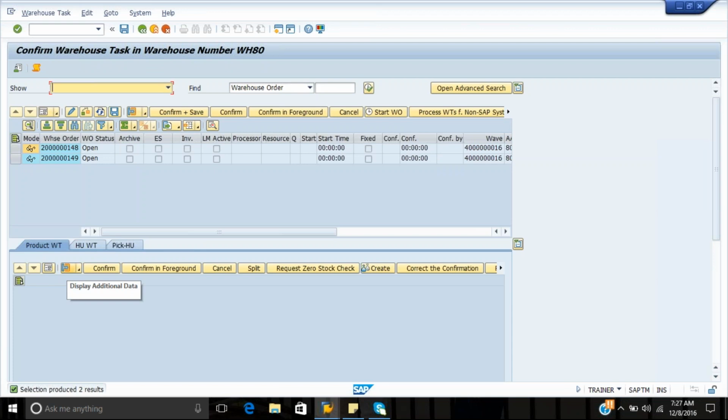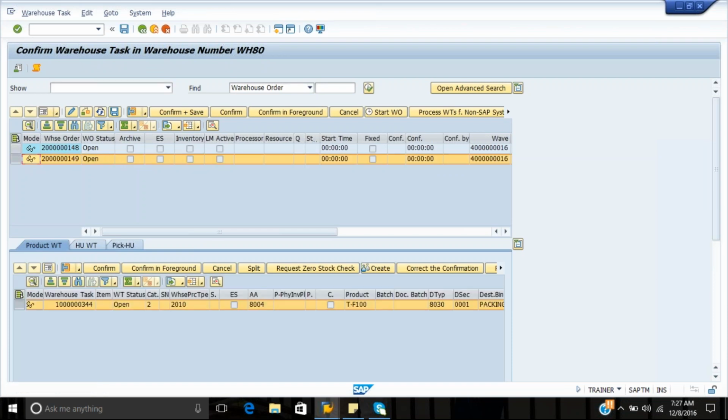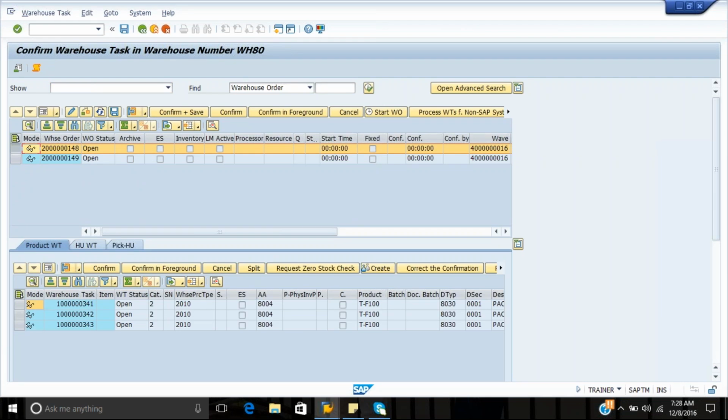So our capacity we mentioned is 1 task. Our limit, which we mentioned, is 1 order should have maximum 3 tasks. So you can see there is 1 order which is having 1 task, and the other order is having 3 tasks. Okay, so this is the way it creates orders